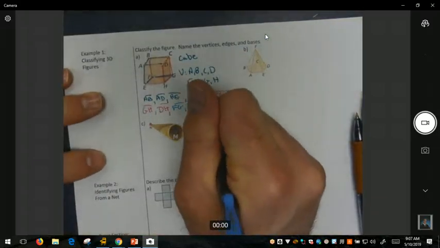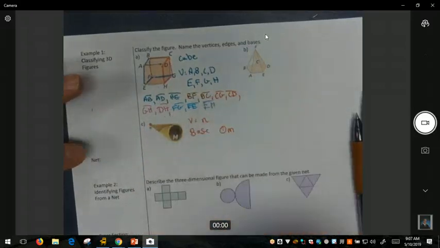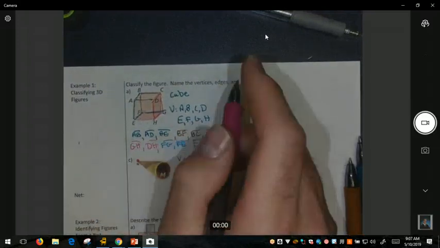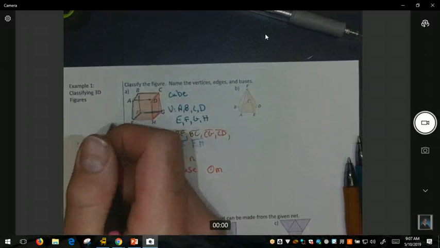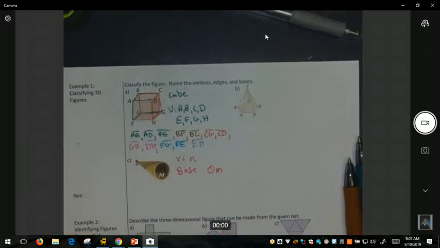1, 2, 3, 4, 5, 6, 7, 8, 9, 10, 11, 12. 12 edges. 8 vertices give me 12 edges on the cube. There are 6 bases. There's not really a specific base. Usually there's 2 and the other ones are sides, but this one could have a multitude, and you name them